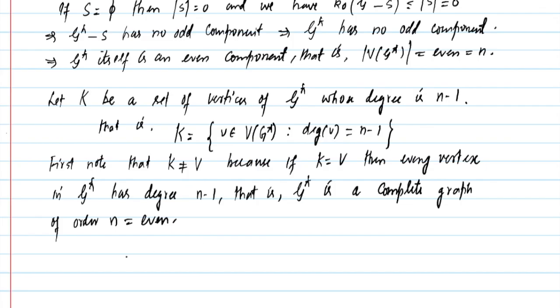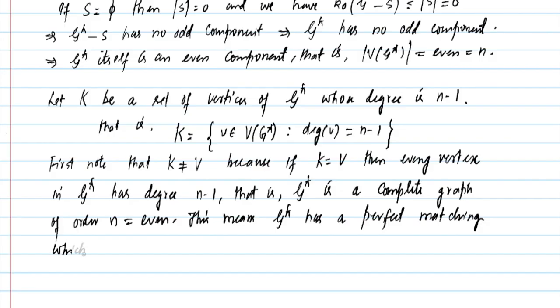But we know that a complete graph having even order must have a perfect matching, so this means G star has a perfect matching. But as per our construction, G star does not have a perfect matching, and G star plus an edge has a perfect matching, which is a contradiction because G star is assumed to have no perfect